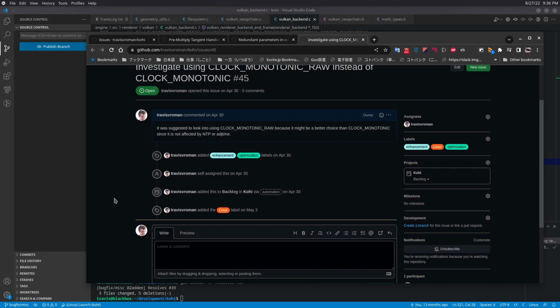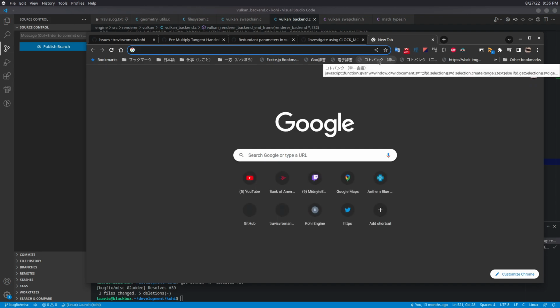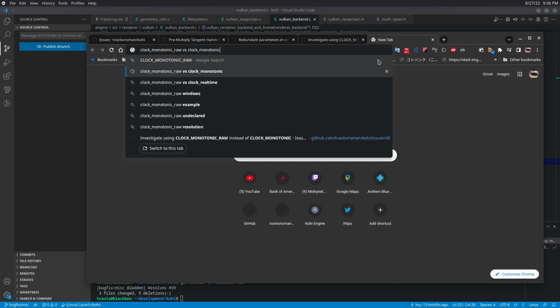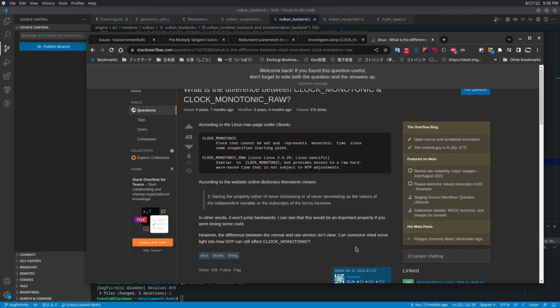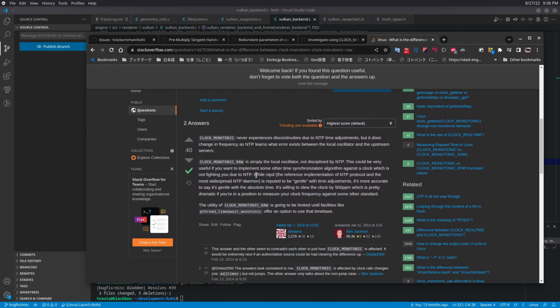Somebody suggested this in the comments. They suggested to look into using clock monotonic raw instead of clock monotonic since it is not affected by NTP or edge time. So let's ask the Google machine because it's been a while since I've looked at this. Let's see. So clock monotonic never experiences discontinuities due to NTP time adjustments, but does change frequency as NTP learns what error exists between local oscillator and upstream servers. Clock monotonic raw is simply the